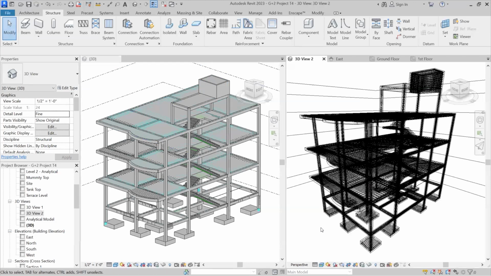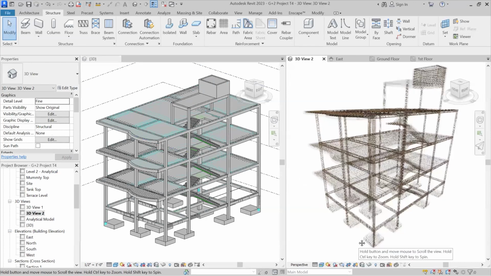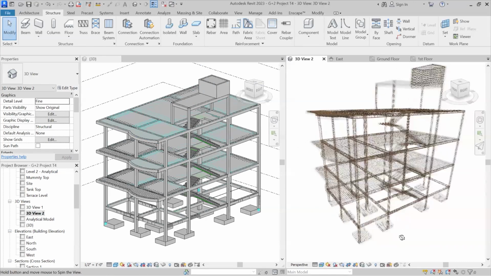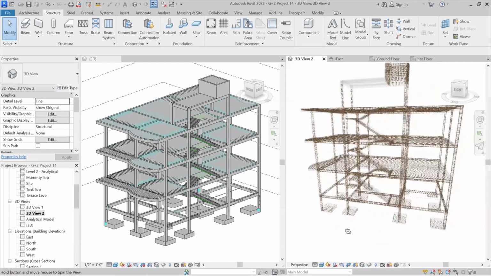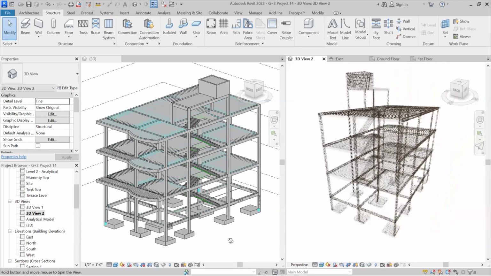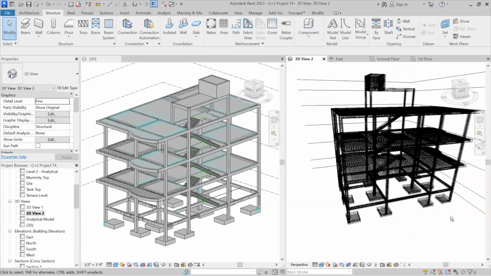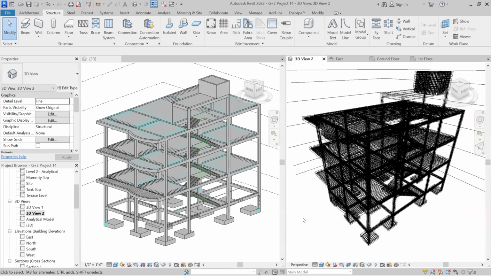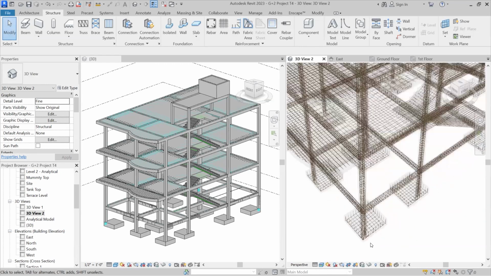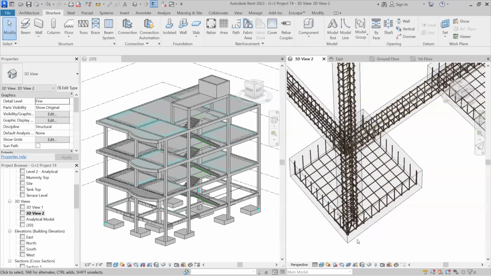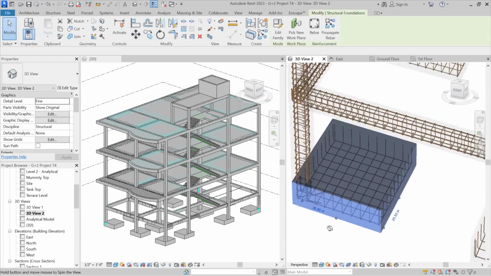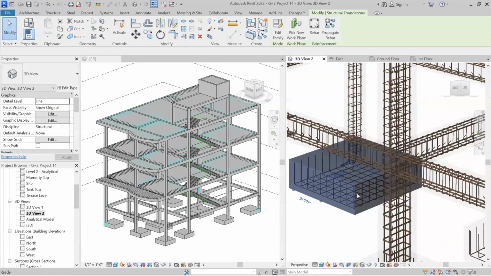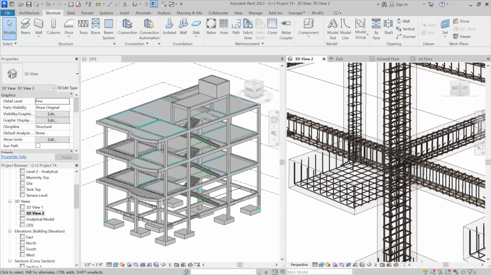And here you can see I have constructed the entire 3D cage in Revit software. This is the entire 3D cage. For a young engineer, it becomes very important that you learn to place reinforcements through this software. Here you can see this is an eccentric footing and I was able to model the entire rebars of it. Here you can see complete rebar,